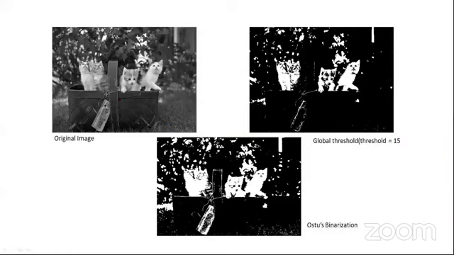You can see this is the original image. We apply a global threshold, and this is what the image looks like, and this is the Otsu binarization. Here you can see that the Otsu binarization image is far better compared to this image, because here there is black and the image is not segmented properly, but here you can see the white, and you can see the face of the cat also. So it works better. And here we do not need to bother about giving the threshold. It is automatically calculated using the histogram.